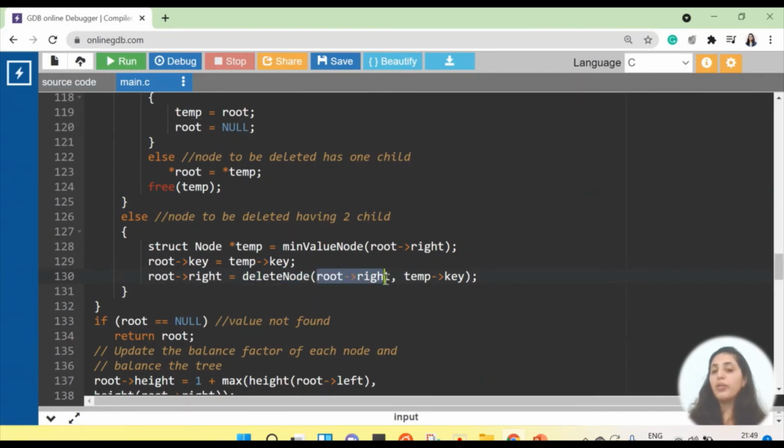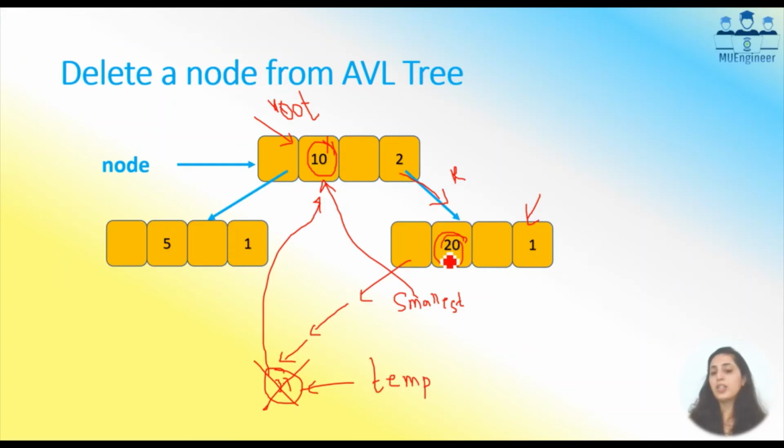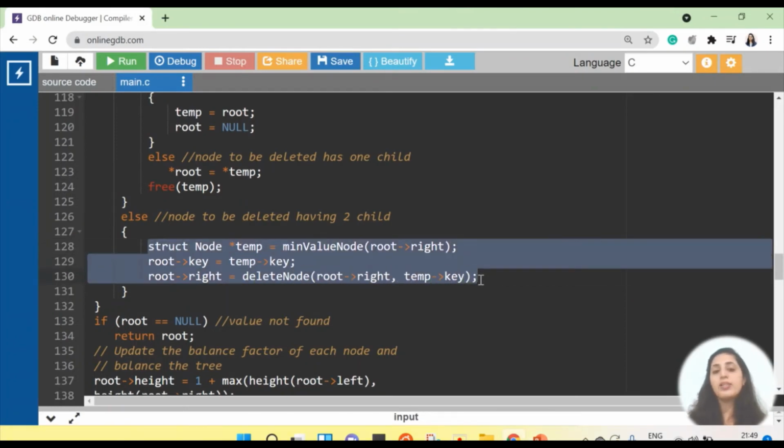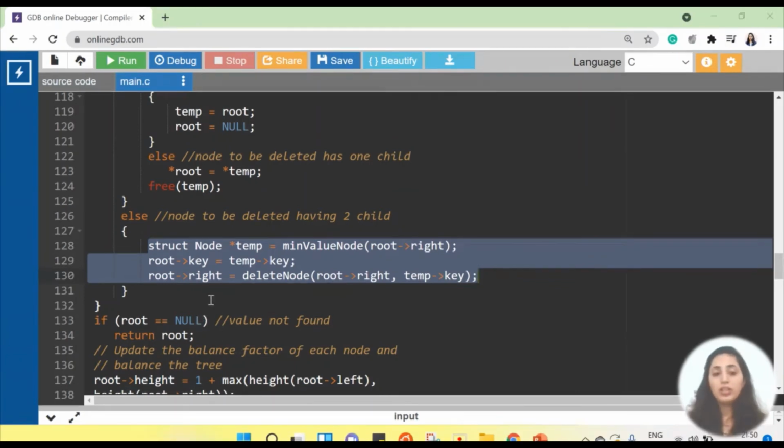उसका रूट कहाँ से बताया? रूट के राइट में से, मतलब 20 से चालू किया. So 20 से if I start a delete function, it will go ahead and delete the value 11 which is at the leaf node. I'm not starting from this node, so this node will not be deleted. Only the leaf node having value 11 will be deleted. So with this, I have handled the case where I have 2 childs and I want to delete. I'm done with the delete function.